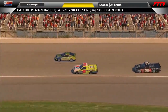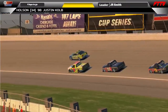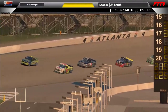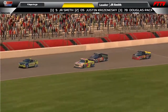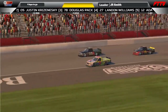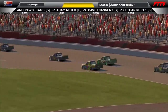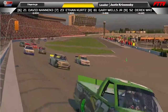Yeah, I'm hearing rumbles on the radio here about if there's a problem on the restart, and I'm gonna take a look at it right here from my camera, and it looks like the leader kind of stacked him up there, and the five went before the green flag came out and split the 34 and the 12. That looks like changing lanes to me, to be honest with you. I don't know if you want to go back and look at that. Oh, but I believe the 5 truck is being black flagged, yeah. So they're officially going to black flag the 5 here of J.R. Smith, so...